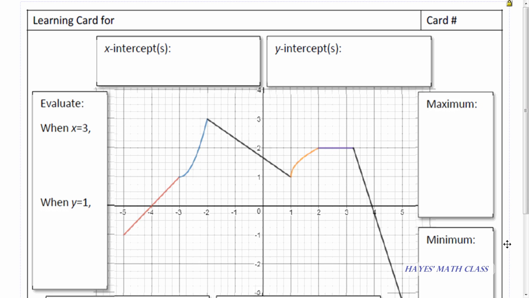We are doing learning card number 7. And we're going to be talking about key information on graphs. Now, again,